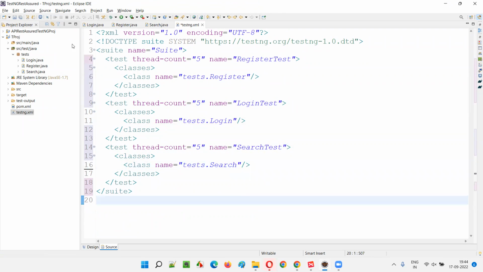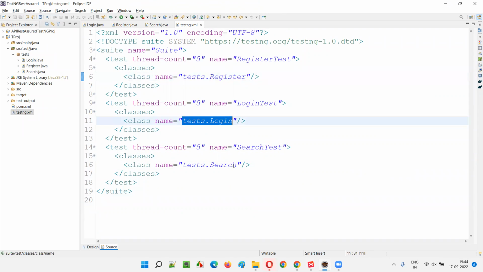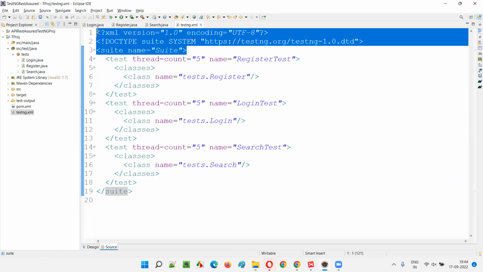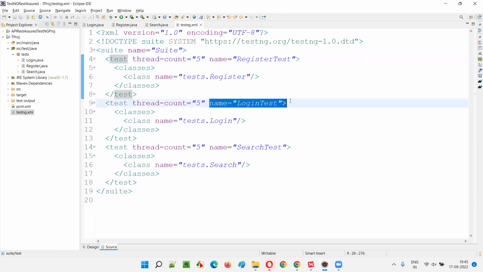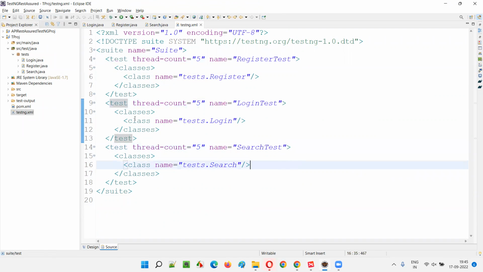Fine. Register, login and search. Save this. Okay, fine, guys. So register, login and search. That's it. Three items are there. Register test, login test, and search test. Okay, three items are there. So what I want to do is,